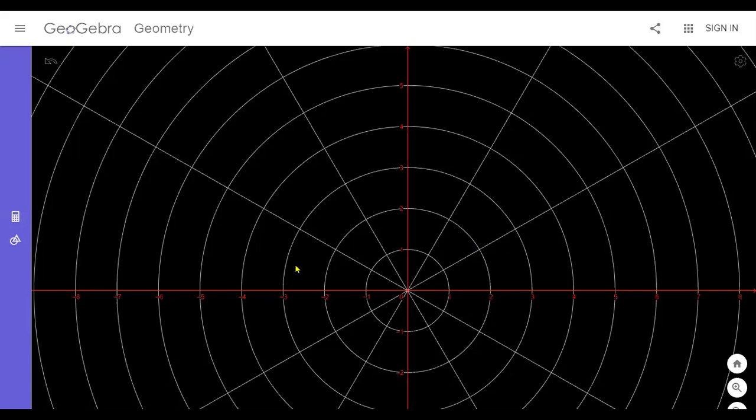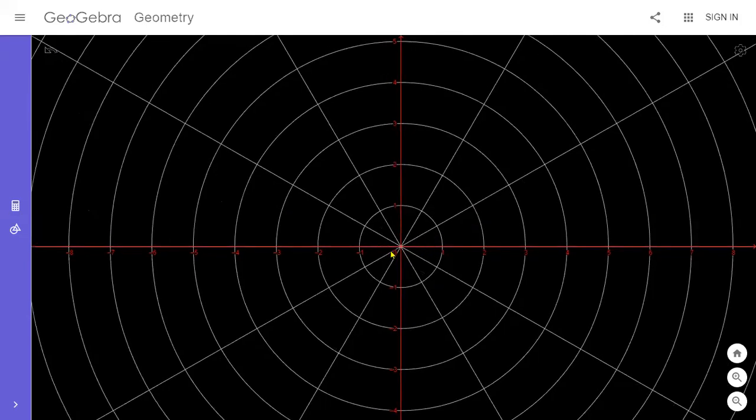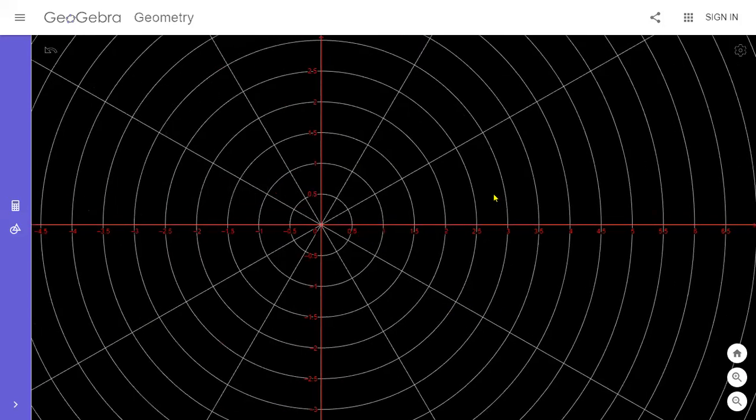Here we can see the polar coordinate system, and the main things in it are the radius and the angle made by the radius with the positive x-axis. In this graph we can observe so many circles with different radii. The radii of these circles change, but they have the same center at the origin. This is the origin point. All circles have their center at the origin, and they have different radii.